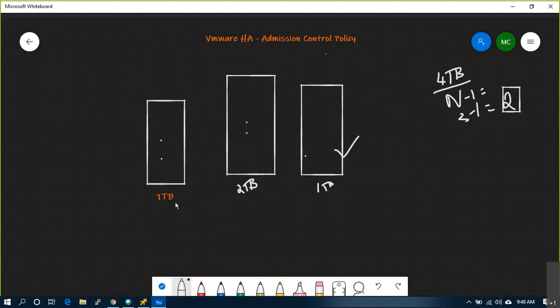How does it work, right? The system will not be able to calculate host failure cluster tolerance equal to 1 properly. Even if it is calculated, and if the bigger host goes down, what happens?